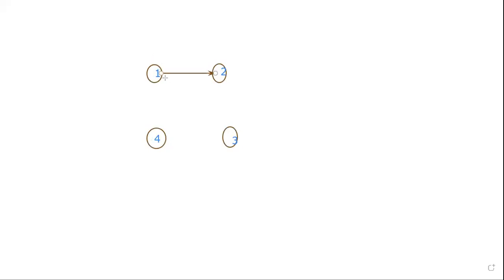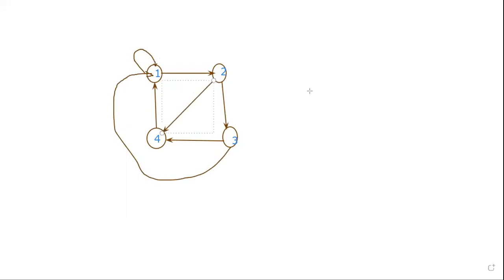So let us consider it like this: the nodes are connected, one has a loop, 3 is connected to 1, and another edge goes from 3 to 4.